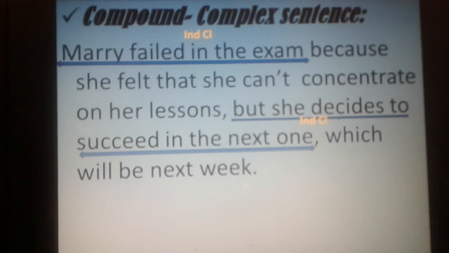It's a clear and complete sentence. But we add some other information using dependent clauses. Because